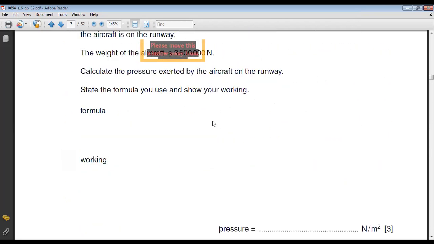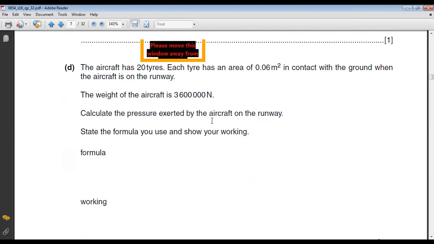And if it comes for 2 marks or 3 marks, you have to increase the points. Okay. Now the last question is, okay, now this is the next question, look onto your screen. Kindly look onto it. Read the question carefully. There are 20 tires. Read it carefully and then do it.